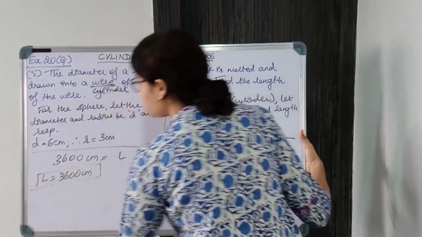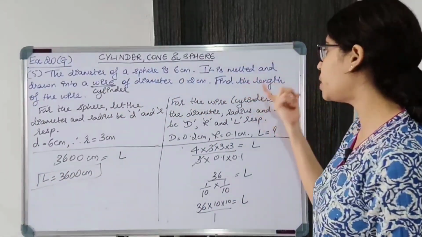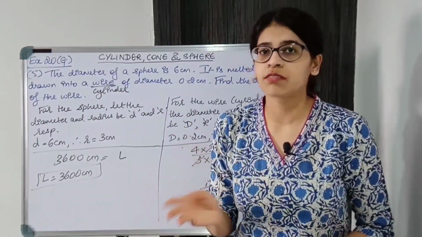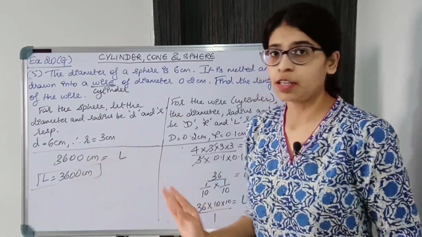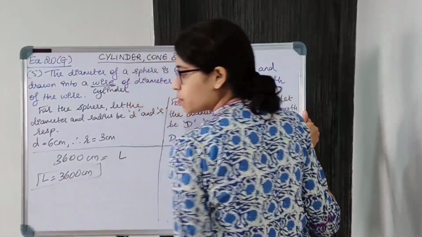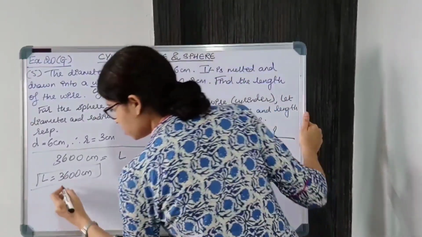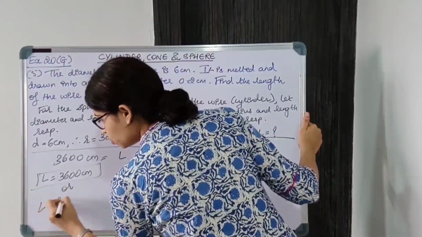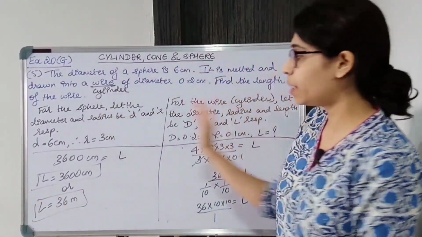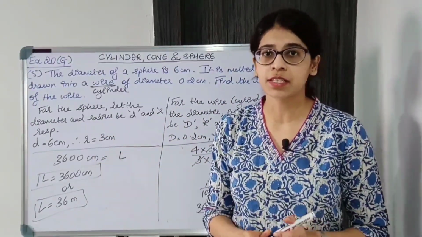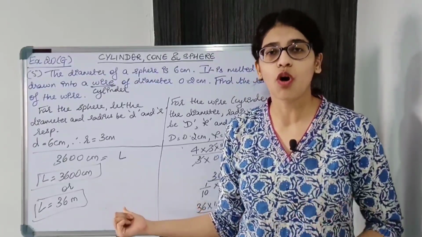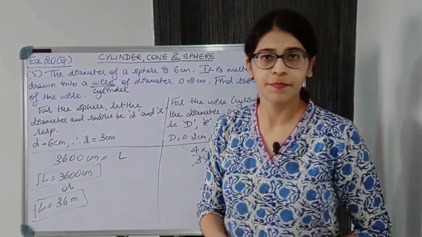You can keep it in centimeters, it is not wrong, because over here it is not mentioned. Find the length of the wire सिर्फ बोला गया है, in centimeters or meters it is not mentioned, so you can keep it in centimeters, or if you want to convert it into meters, it's all right. So dividing this by 100 we get 36 meters. ठीक है, so L is equal to 36 meters. Okay, you have to show the working divided by 100 and then convert it to meters. So you have to write on the final statement, the length of the wire is 3600 centimeters or 36 meters.